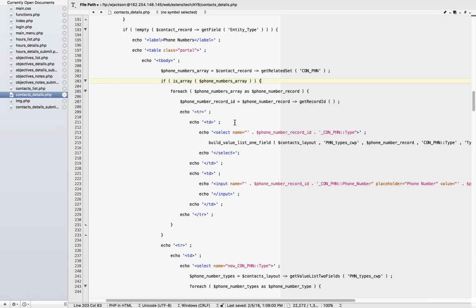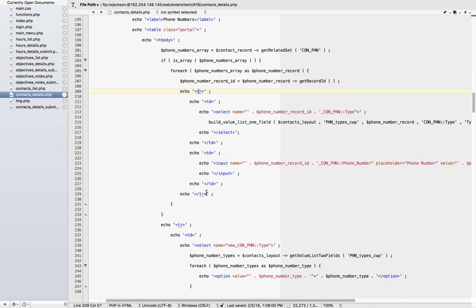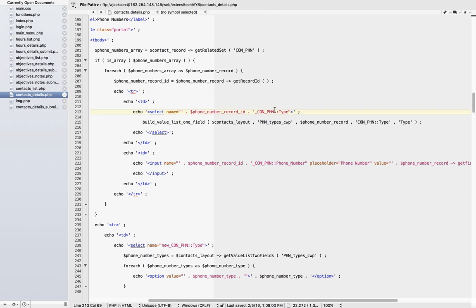So I have to check, did I get something first before I start printing out the data? Then for each phone number record, I'm going to fetch the record ID, echo a new table row, and then start my table data, which is a pop-up menu. And this is where it gets really confusing to do portals. This is difficult. We actually want to use the phone number's record ID in the name of our pop-up menu